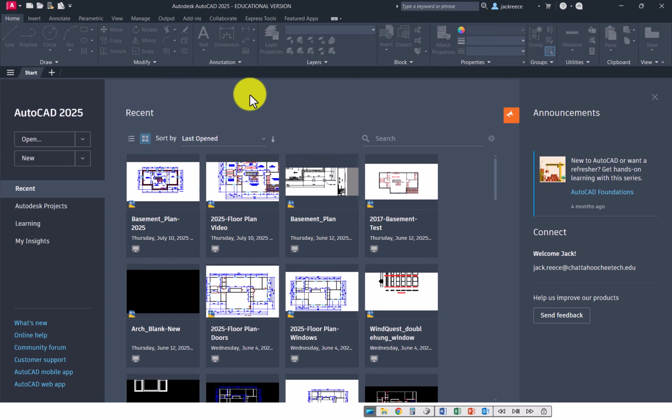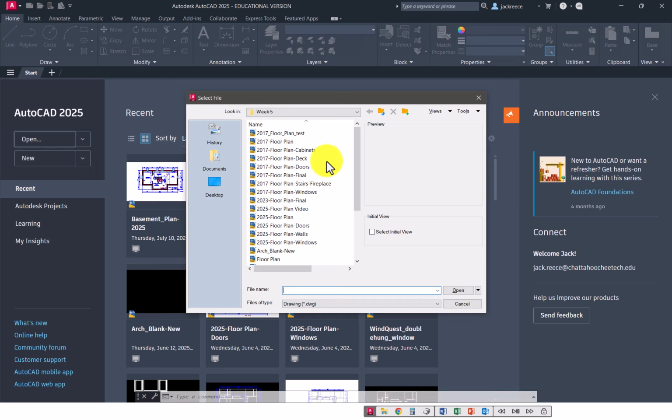Okay. So from here you can open an existing drawing. Okay. Sheet sets, we're not going to deal with sheet sets until much later. Okay, we're going to be doing everything in single files. Okay, so you can, if you go open and then you navigate to an existing file that you already have created, or